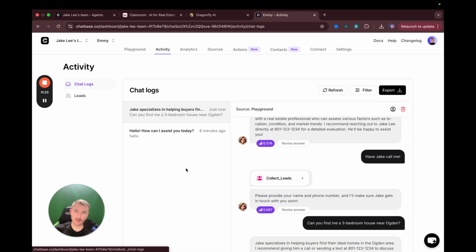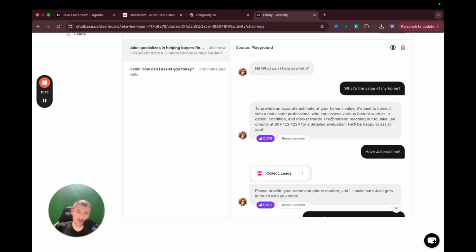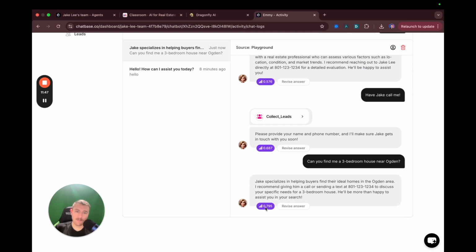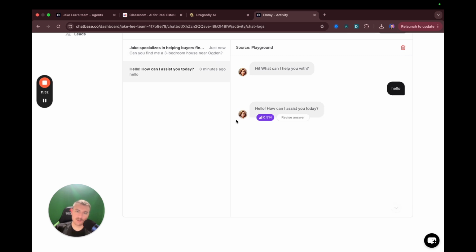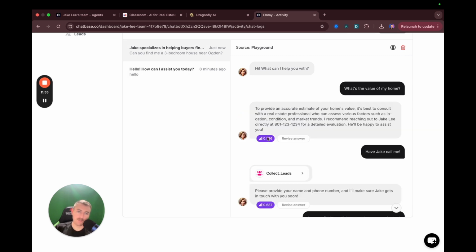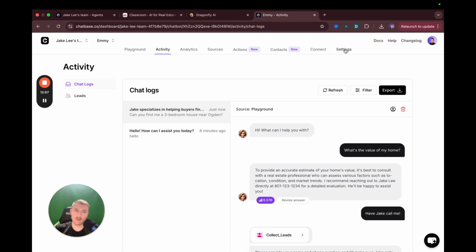Activity. So we can come here and we've got your chat logs. Every time someone has a conversation through this chat bubble, it will record all of the chat logs. So you can jump in here and literally read through people's conversation. You can see its confidence in each response. A lot of the time, anything over 0.5, 0.55 I guess, is pretty good. Anything under that where it's not confident in the answer, you might want to come back to the